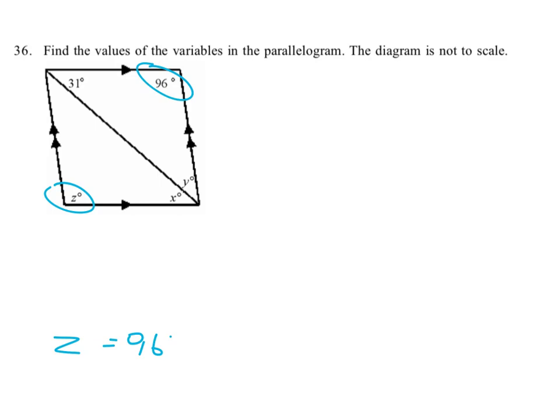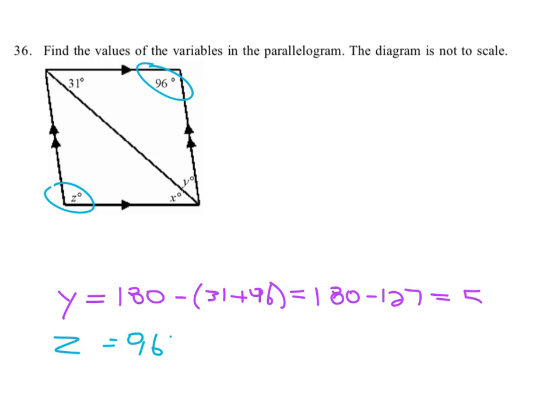Great. Nicely done. Okay. Now, y is going to be 180 minus the sum of the other two, because it's a triangle, so it's got to add up to 180. So we can say 31 plus 96, which is the same as 180 minus, what would that be, 127? Which would then equal, let's see, 53? Seems about right to me. And then, of course, we can do